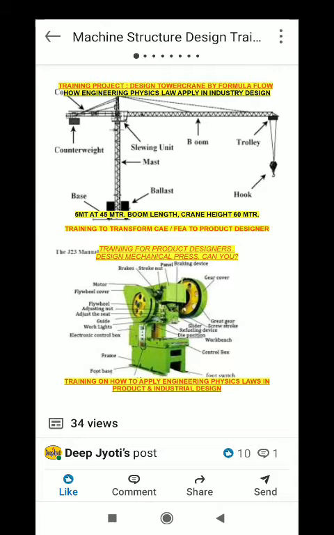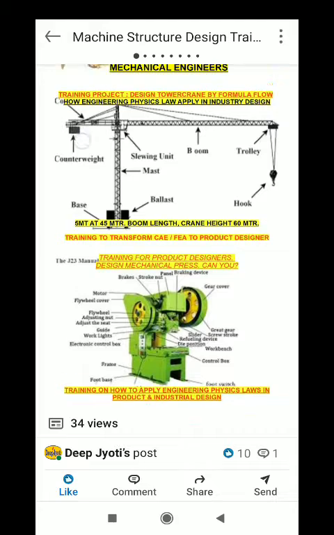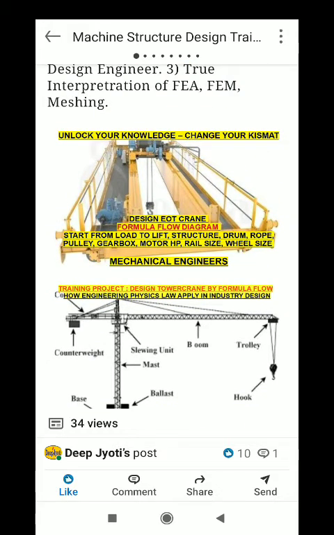Now say a tower crane: you design a tower crane. If you are working in industry, the customer will give you only two parameters, the span of the tower crane and the weight to be carried, that's all. Now you start the design. In our training also we give you only two parameters and make you design. Before that, we make you understand the fundamentals of design, what fundamentals go into designing this kind of product. As engineers, you have gone through this kind of theory but you don't know how to apply it in the real industrial world. Now that is our role.